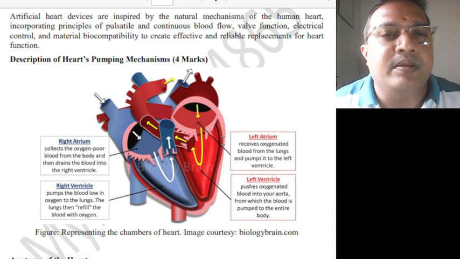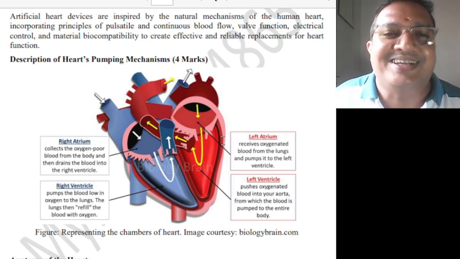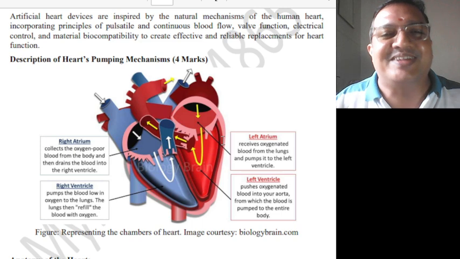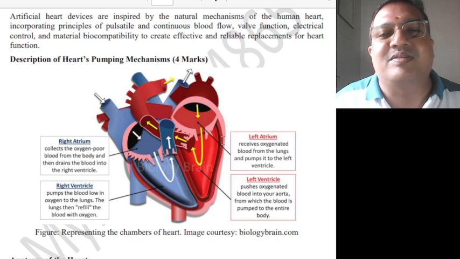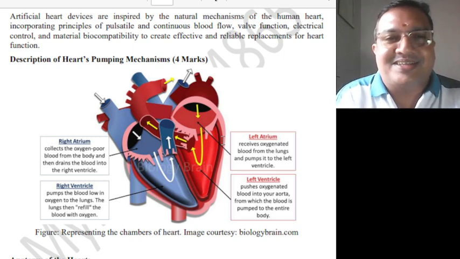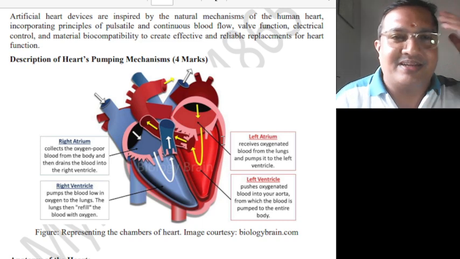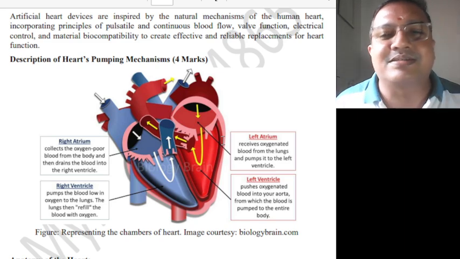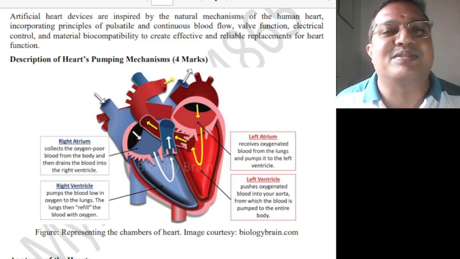Just like when we see a dog coming to bite, our brain will tell our heart, hello, start beating more, we need to run. More energy is needed for our legs to run. In the same way, if an artificial heart is inserted into our body and we see a dog, whatever the brain tells should be communicated there. That means some coding mechanism is required so that it will work accordingly. Then only it is possible.